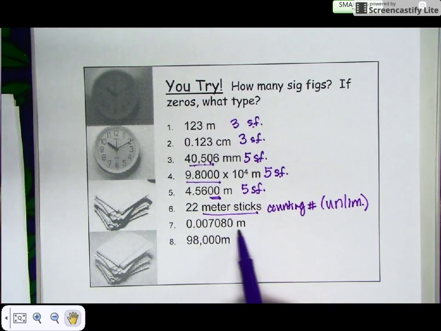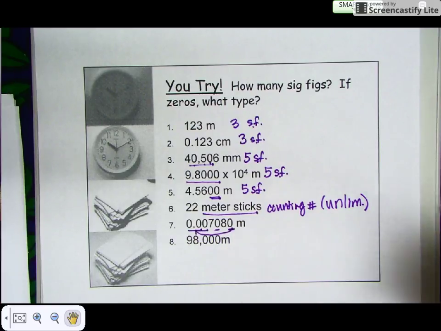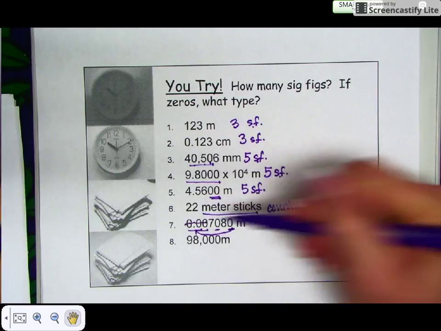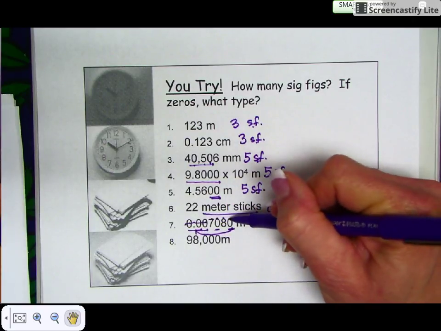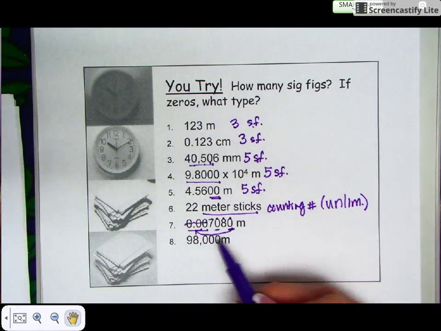Number 7 has a unit of measure, meters. I have leading zeros, which never count. I have a captive zero that always counts, and I have a trailing zero, so I've got to look for my decimal here. I look back and I see a decimal. So I do not count the leading zeros. I count the 7, the captive zero, the 8, and the trailing zero because of the decimal. So I have 1,